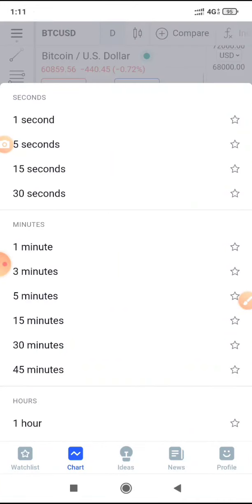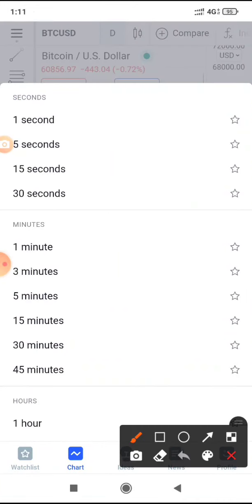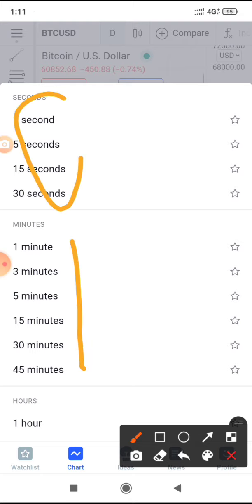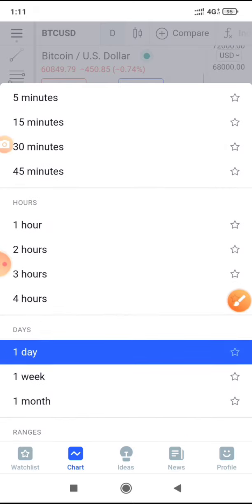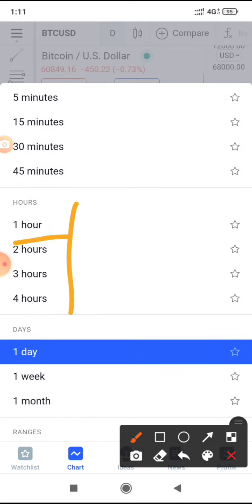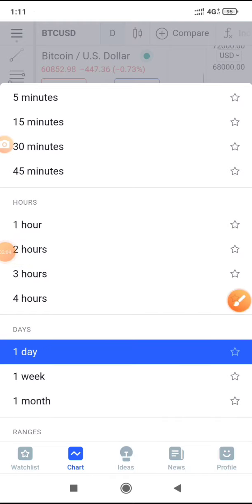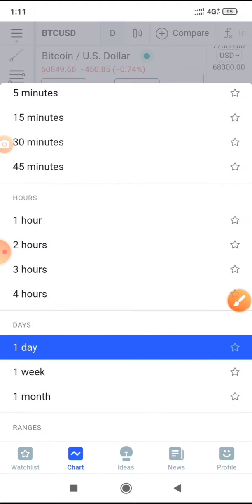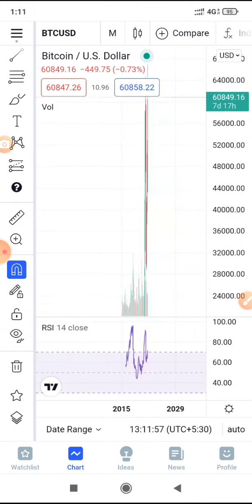Then you have time frames here, right? So you can open the charts ranging from these ranges. In the free version, seconds are not available. And right from hourly chart to hours chart, and then we have monthly and weekly charts, right? So you can select this from this particular section. Let's say for monthly chart I can select this one.